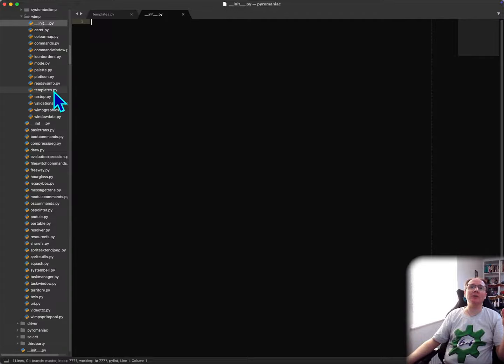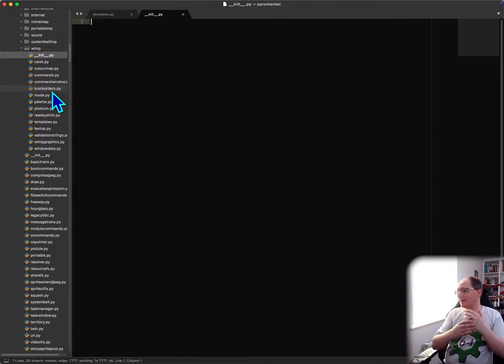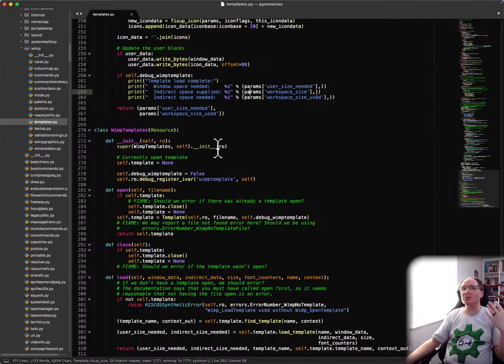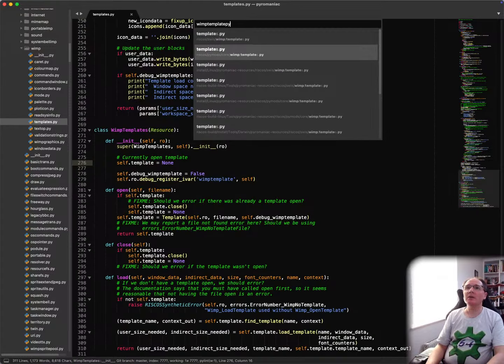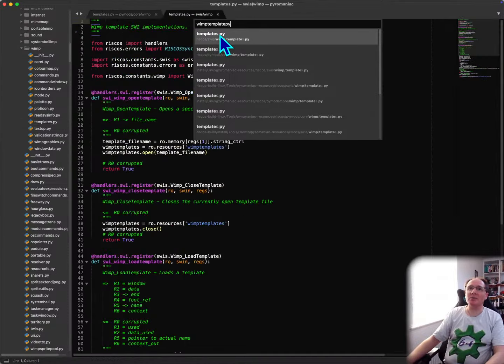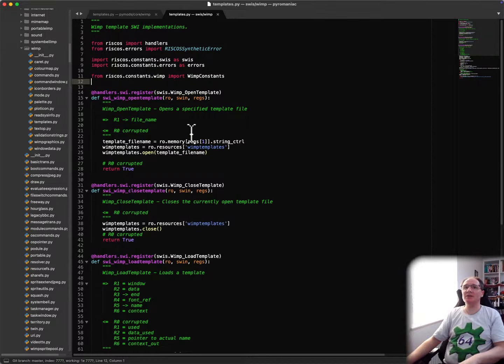There's just the SWI calls that we handle. So we directly handle the SWI calls instead. But there is a branch that has the window manager on it, which does call this in. But basically the resource means that we can just call into it. If I look in Wimp template, so yeah, the first one of these is the SWI calls. So these are actually directly registered. And all they do is they find the resource and then call the open call, call the close call,